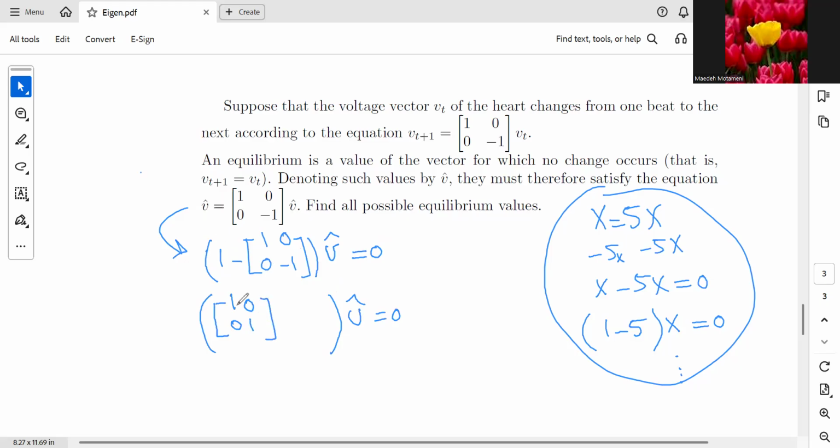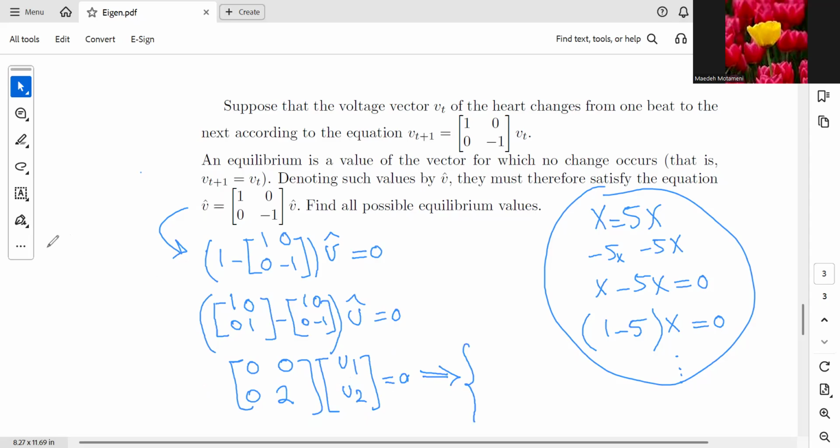If it was 5, we would write 5, 0, 0, 5 minus 1, 0, 0, negative 1. And inside the parentheses would be 0, 0, 0, and 2. And we know that a typical vector v can be v sub 1, v sub 2 equals 0. Now you know how to do this. We're going to write the system of equations. That would be